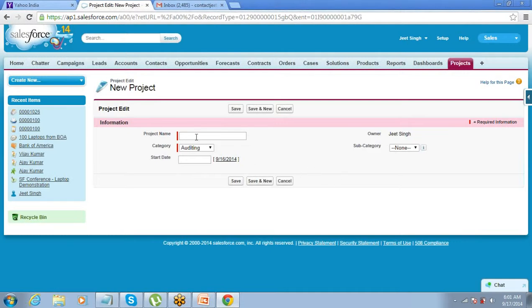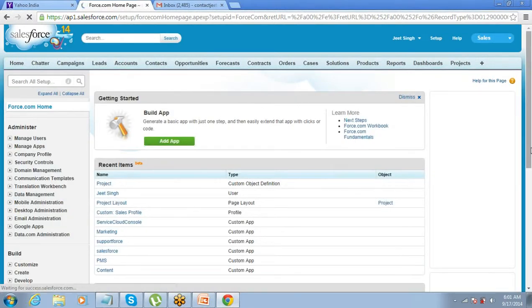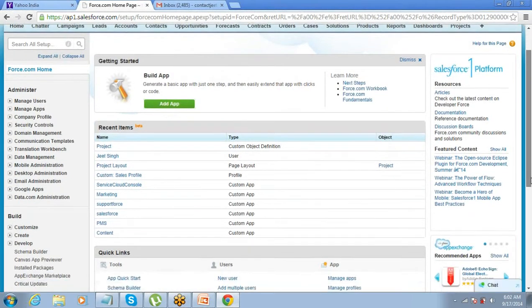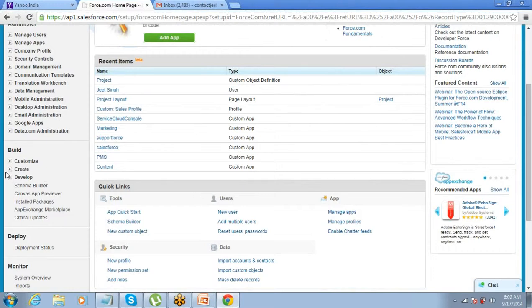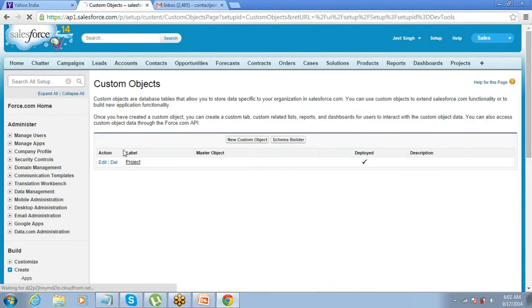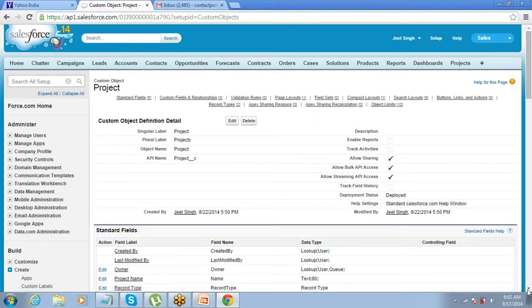So for example, for this audit page, if I go and show you the page layout, you will notice that the two record types have been created. Now go back to your page layout and see.